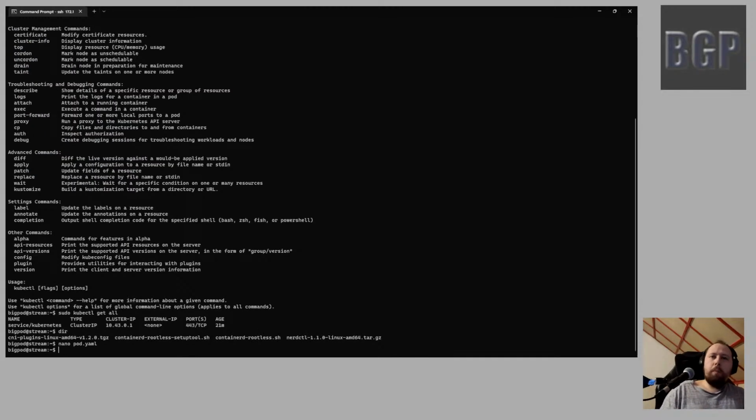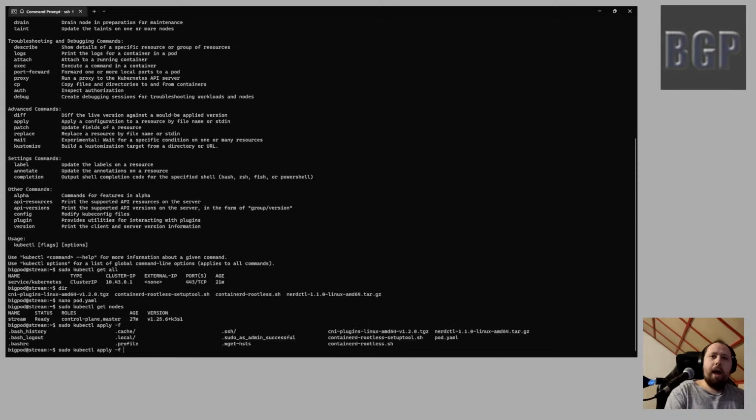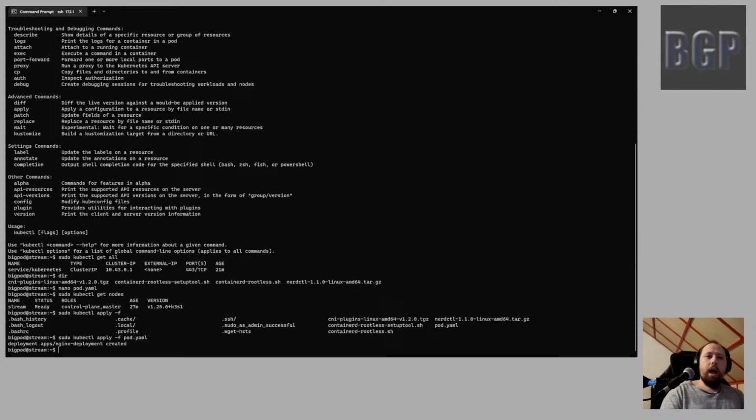If we use multiple servers, multiple nodes, for a Kubernetes cluster, in this case we only have, with kubectl get nodes, a single node called stream, which is a control plane and main server. It's version 1.25.6 of Kubernetes, and it's ready, which means it's active and ready to deploy containers. So now if we go sudo kubectl apply -f pod.yaml, it deployed our deployment,